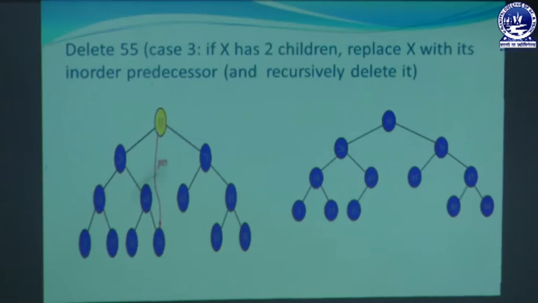Suppose I want to delete 55, that means here also we execute case 3. So 55 has two children, a left subtree and a right subtree, and in the same process as for deleting a node having two children, we replace this node by its in-order predecessor, and 55 has in-order predecessor 50. So 50 will be replaced instead of 55, and this is the tree after deletion of 55. When we replace it with 50, let's check the balance factor of all the nodes present in the AVL tree.